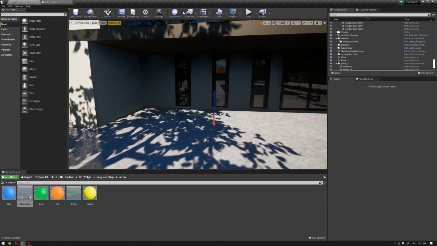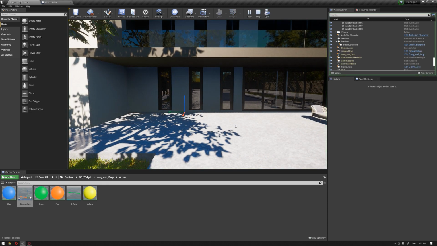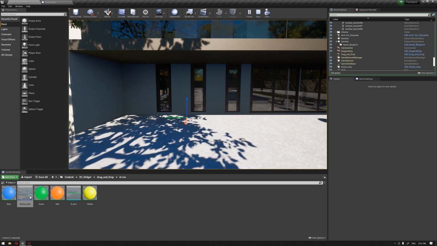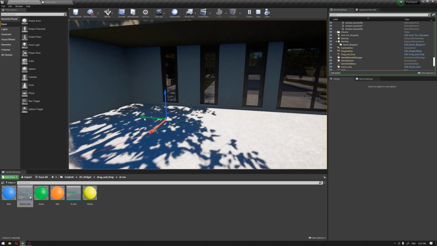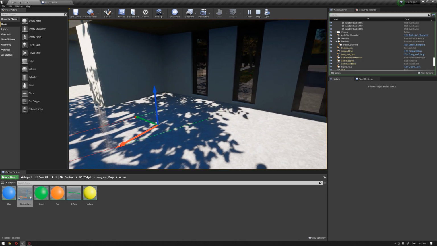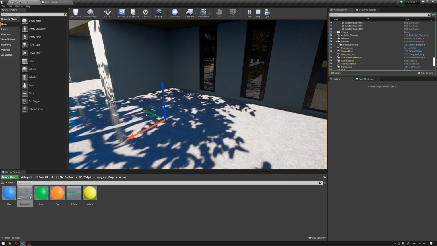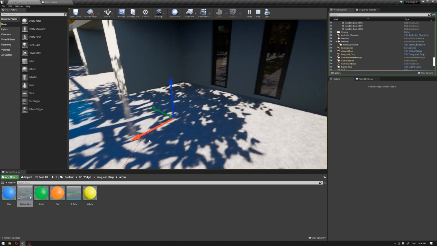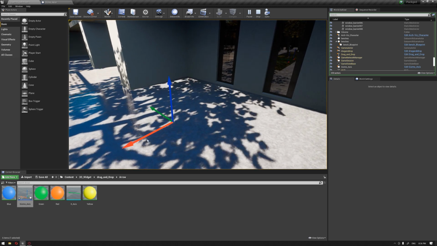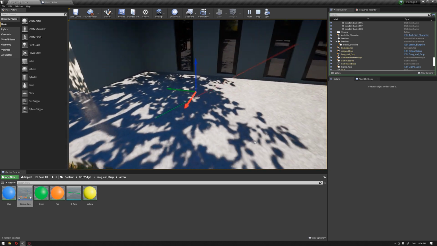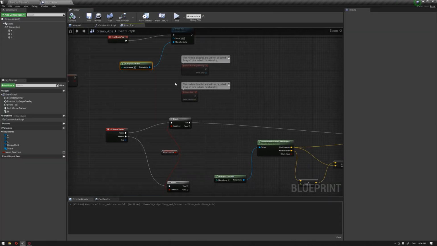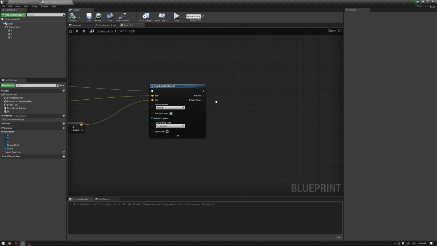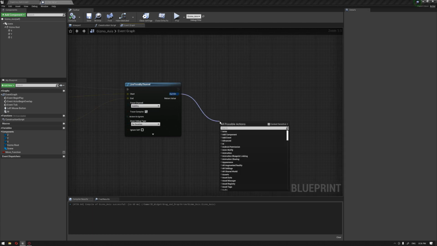So let's compile again and hit play, and then hit M, and we should now start to see our line trace hitting our arrows. So to confirm that it's working, it has to show you this small square at the end of the line trace, and on the other side it will show a degree. So this will prove that the line trace function is working perfectly, and we can move to the next stage where we can bring our hit result,